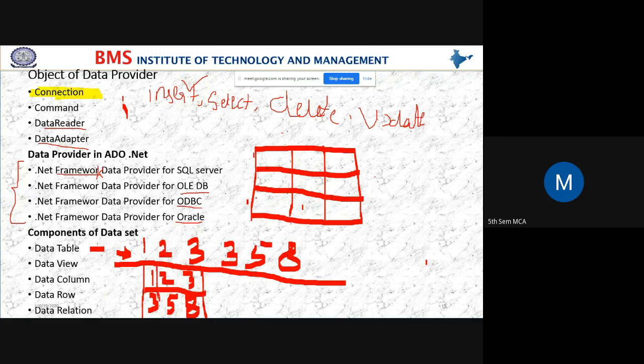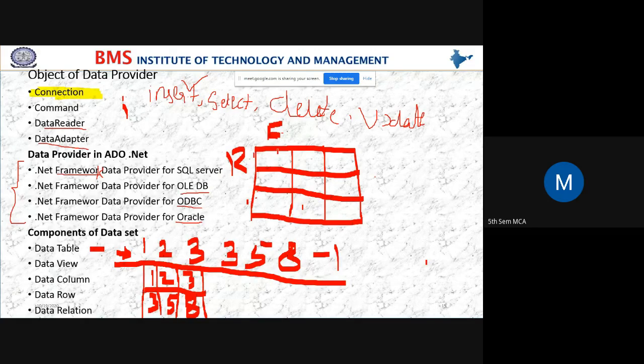But by seeing this, I can say the data is inserted in the table. Whereas in the first case, the data is not maintained in a table. For the second case, the data is entered in the form of a table. When we say the data is in the form of a table, it has row and column values. Is it right, students? The data table consists of data rows and data columns.